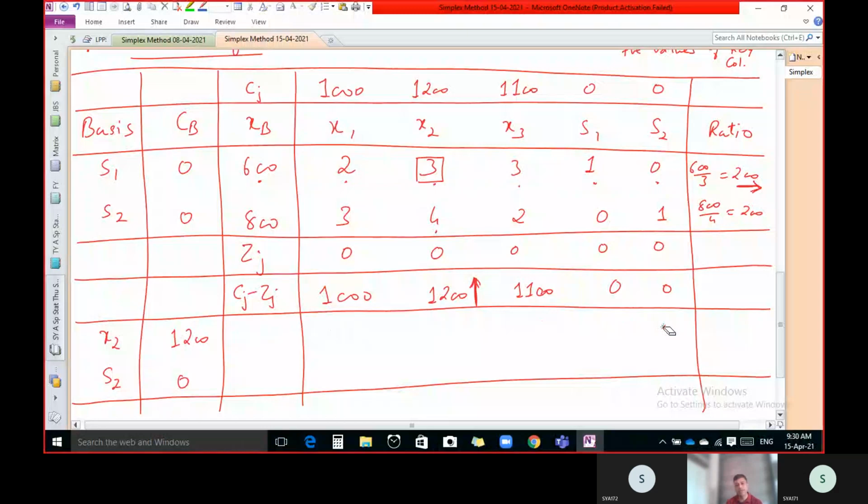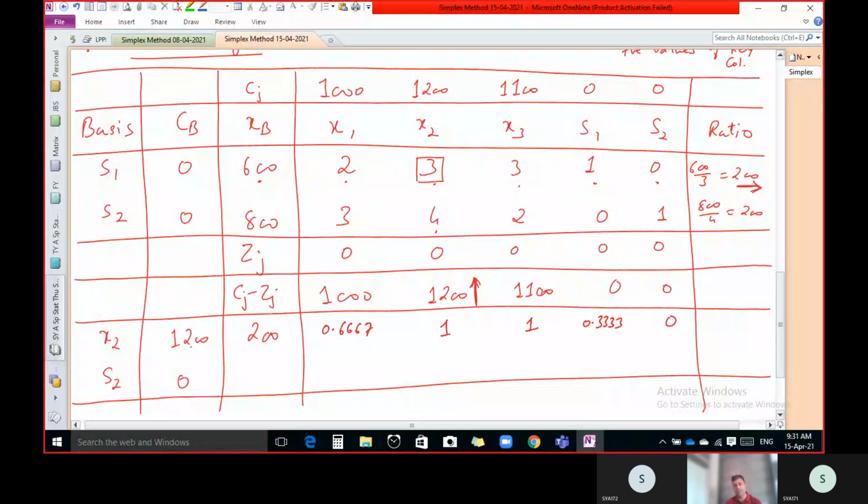So what do we get here? 600 divided by 3, we get 200. 2 divided by 3, we get 0.6667. Check it. Now 3 divided by 3, we get 1. Once again, 3 divided by 3, we get 1. Then 1 divided by 3, we get 0.3333. And 0 divided by 3 is 0. You have to take at least 4 digits after the decimal point to get the exact answer.